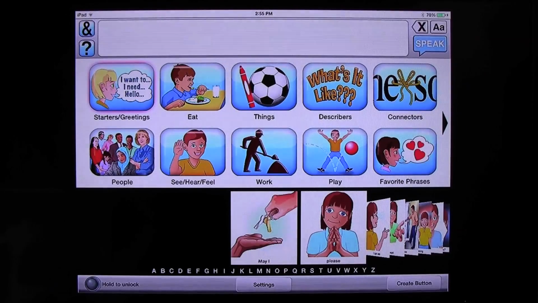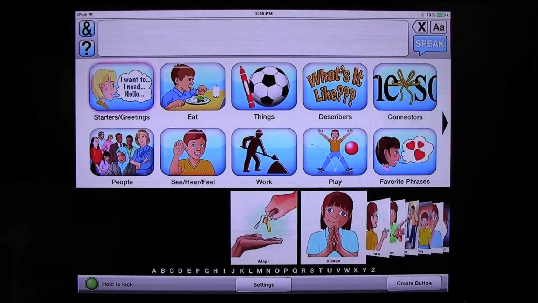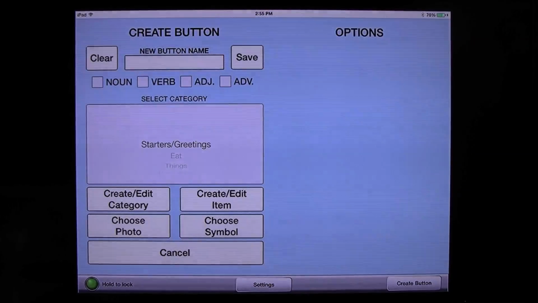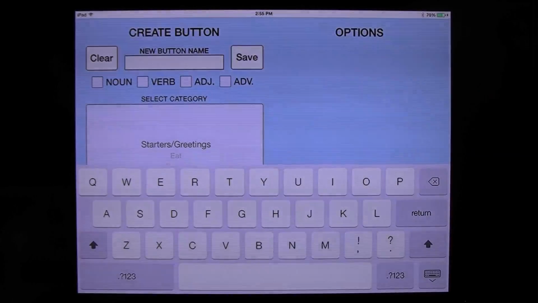I'm going to hold to unlock on the bottom left of the toolbar, enter my passcode, hit submit. Now I'm going to do create button in the lower right portion of the toolbar, and I'm going to create edit item. No, scratch that. I'm going to create edit category. I want to show you how you can create your own category. And what I'm going to do is call the new category My Family. As you can see, I'm typing a label here